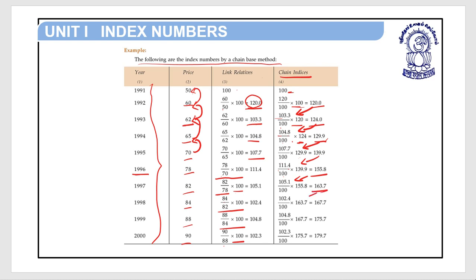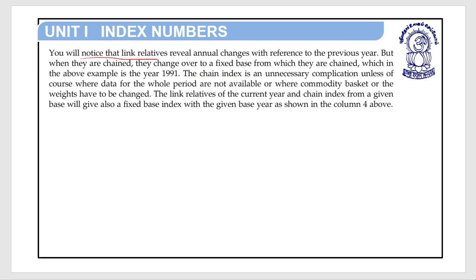Same way 163.7 into multiplication. 102.4 divided by 100 is 167.7. Same way 167.7 into multiplication. 104.8 by 100 into 167.7 is equal to 175.7. 102.3 by 100 into 175.7 is equal to 179.7. You will notice that link relatives reveal annual changes with reference to the previous year, but when they are